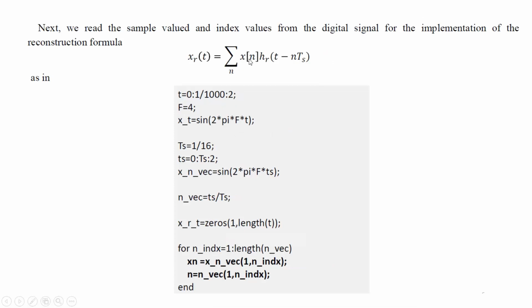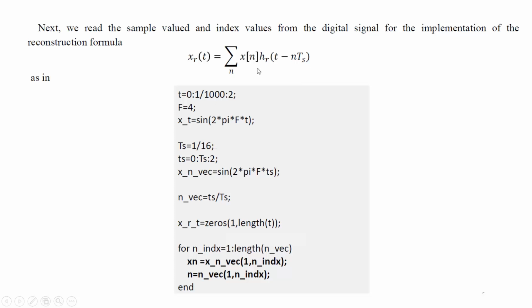Now we define xn. This xn will be defined here from this xn vector signal, and this n varies according to the index. So xn will vary from 1 to the n index value, which goes from 1 to the length of this vector n_vec, which we have calculated from small ts by capital Ts, right?